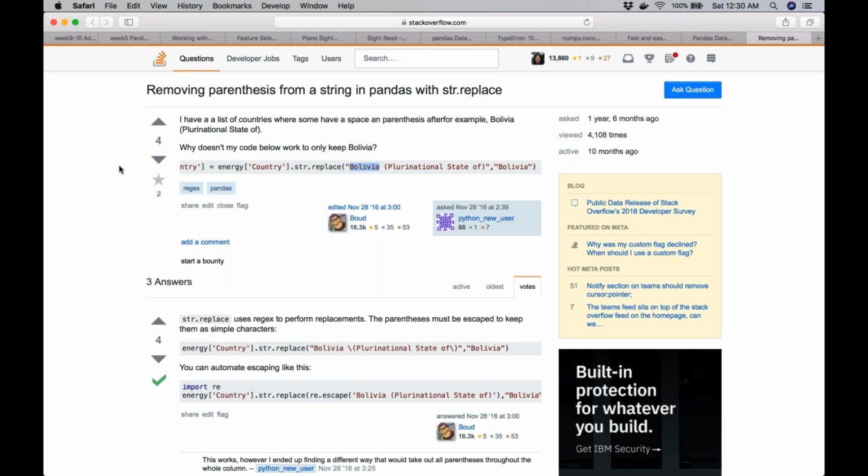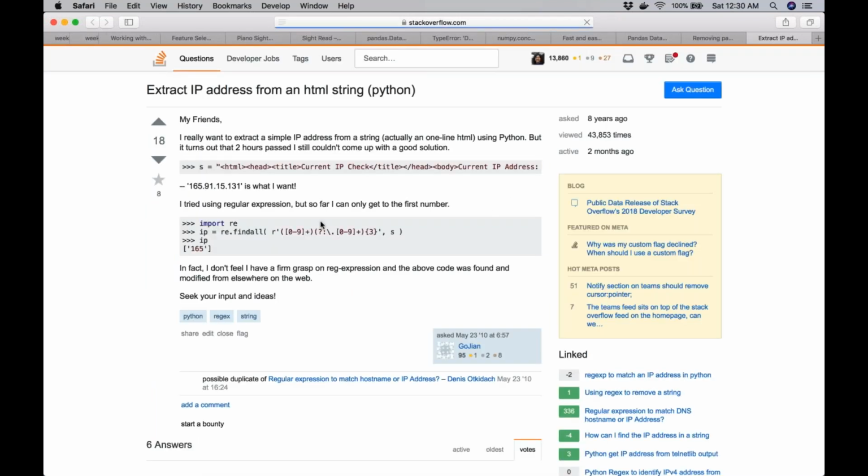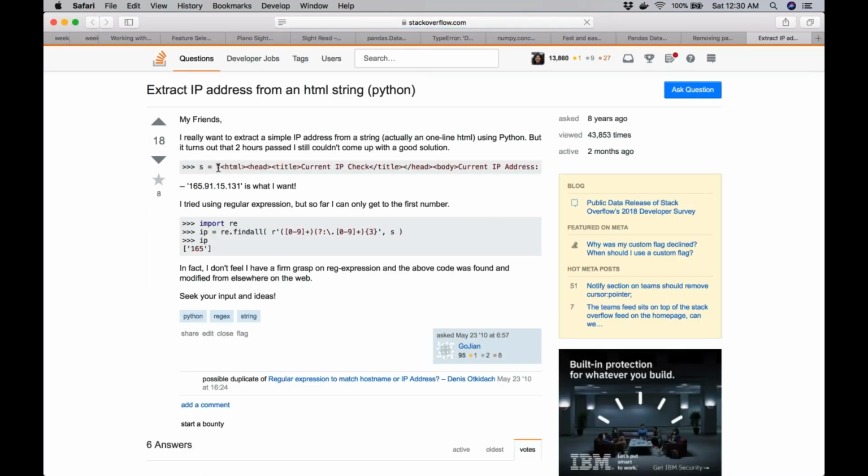Okay, just one example, a very classic example of how your text data could be. This is just a pure string, but you could have it in a pandas column. So this is my string. It's HTML, it has the HTML tags.